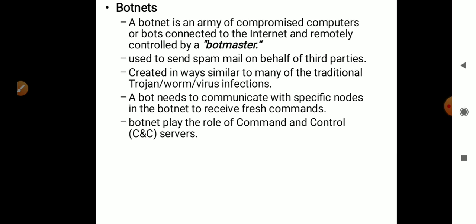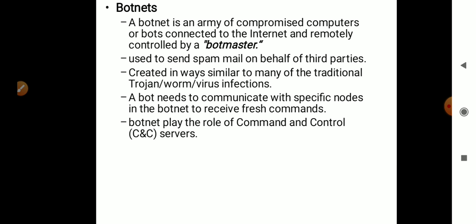They usually infect systems or deliver malware by sending spam mails on behalf of a third party, and they are created in the same way as viruses and worms.